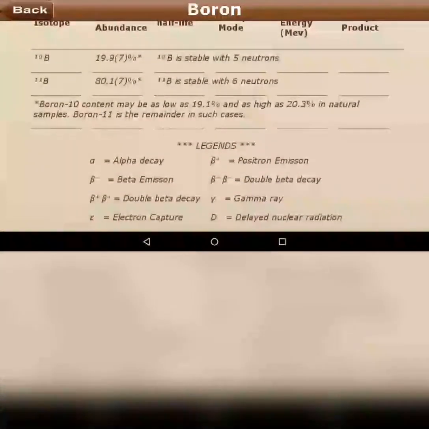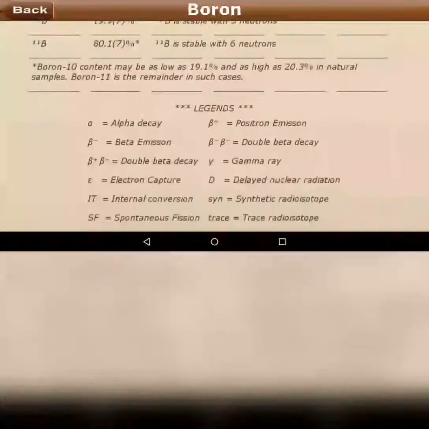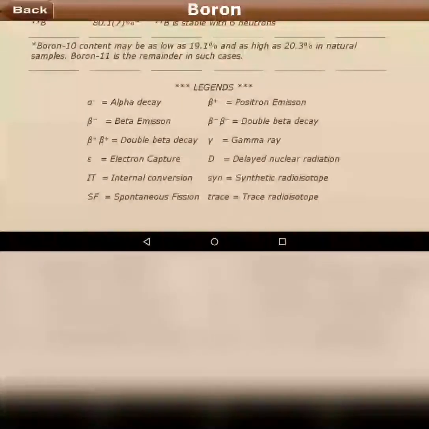So the boron-10 content may be as low as 19.1% and as high as 20% in a trace sample. Boron-11 is the remainder in such a case. Now the other information which we